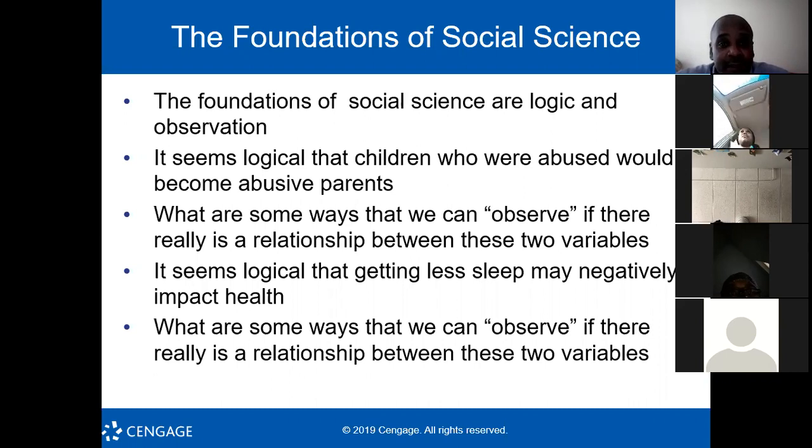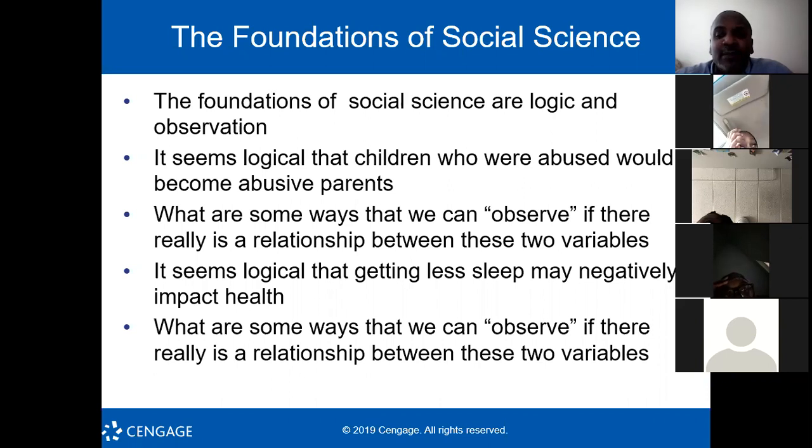It just makes sense. Now, before we go: if we believe that there's a relationship between being abused as a child and becoming abusive as a parent, how can we observe it? Don't overthink it. Listen to exactly what I'm asking you. Because it could be that Davicia is beating the hell out of her kids and her mom was always nice and sweet to her. So we can't assume that Davicia is an abusive parent because she was abused as a child.